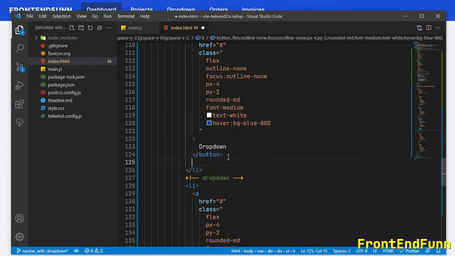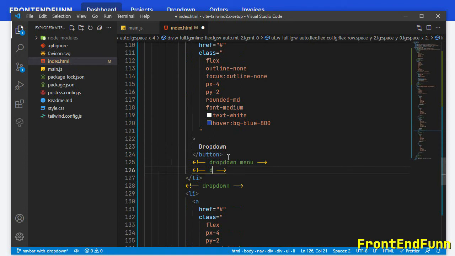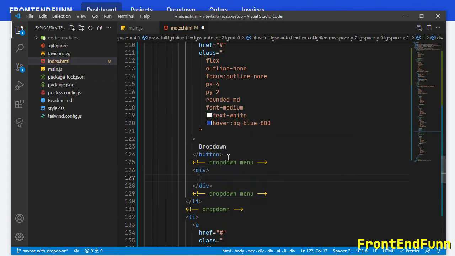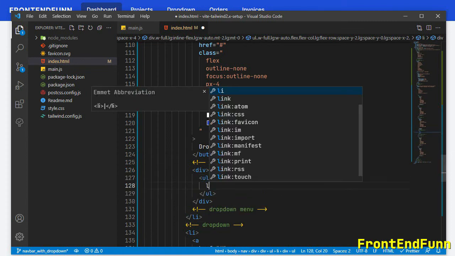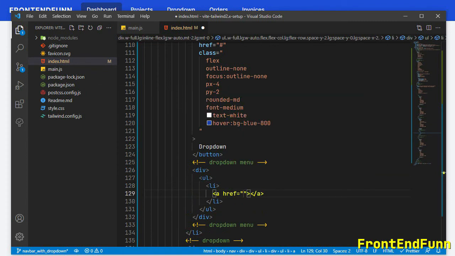Now let's add the menu. So I'll be adding a div that wraps all the UL LIs, and inside the UL LI we'll be having a set of links here.